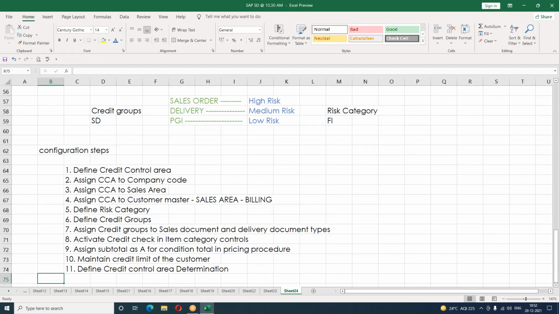You need to define a credit control area. You need to assign a credit control area to a company code. You need to assign this credit control area to sales area. You need to activate credit control area in our customer master and the sales area billing tab. Define risk categories, define credit groups, assign that credit groups to sales document type as well as to our delivery document types over here. Activate credit check at item category level. Assign subtotal as A for condition type total in our pricing procedure, and then maintain credit limits of the customer,